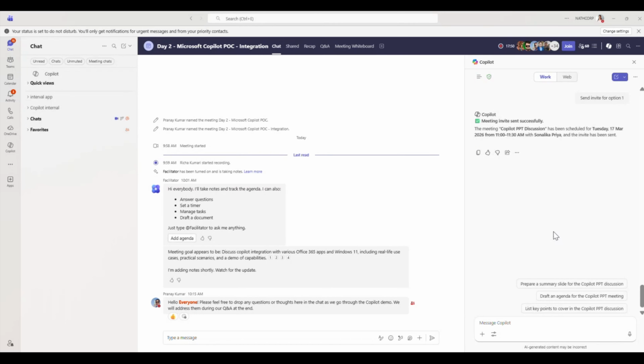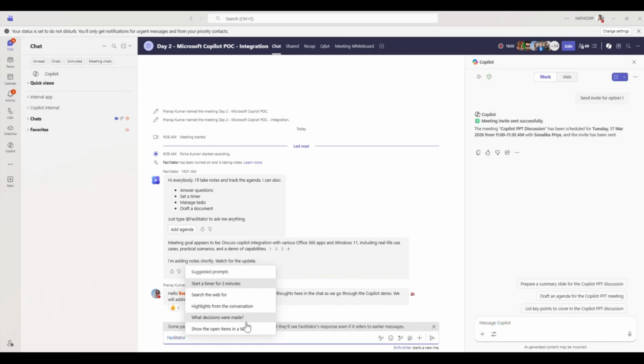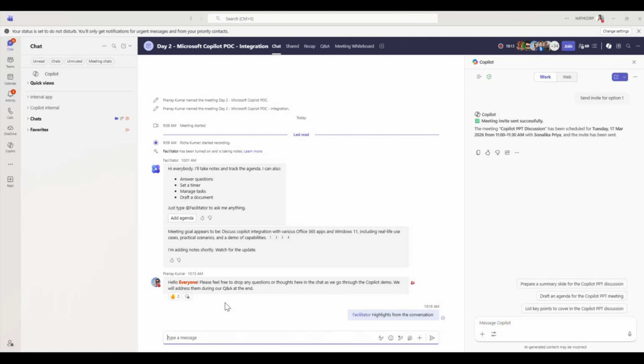I will ask it to capture the key highlights from our discussion. For this, I simply call the Facilitator. It provides you suggested prompts. I just select the highlights from the conversation and we are good to go. As you can see, the Facilitator automatically pulls out the key points and important moments from our discussion so far. This helps the team quickly understand